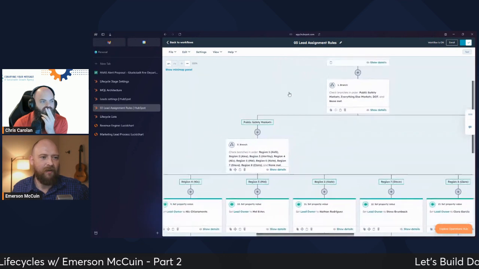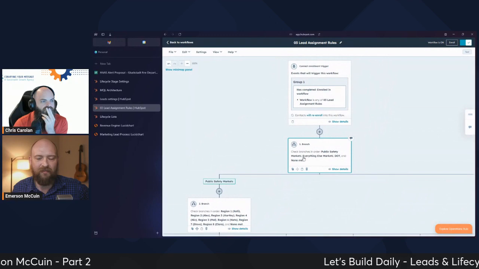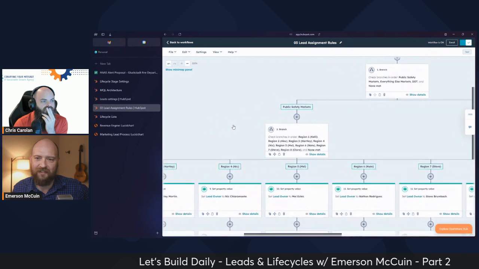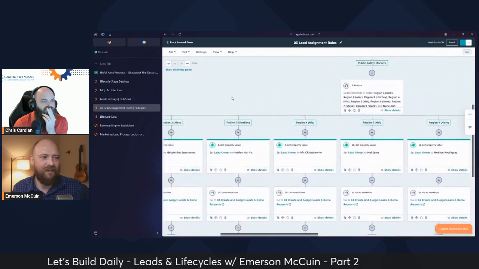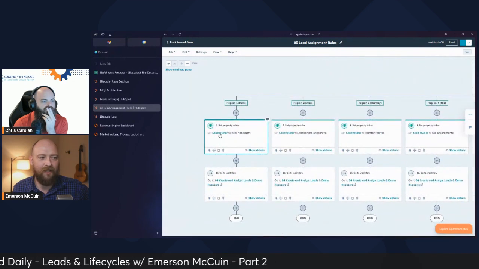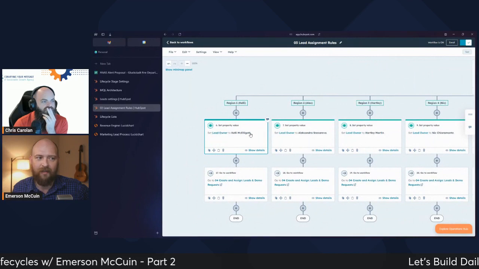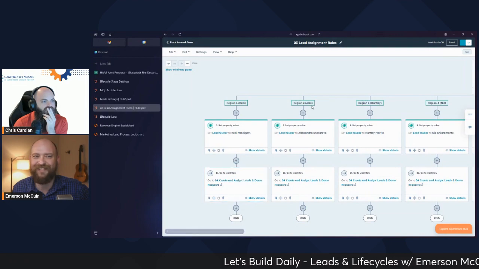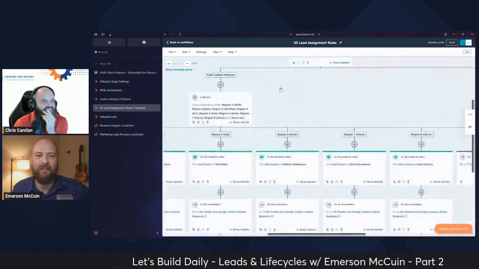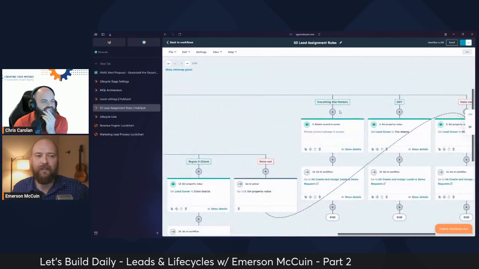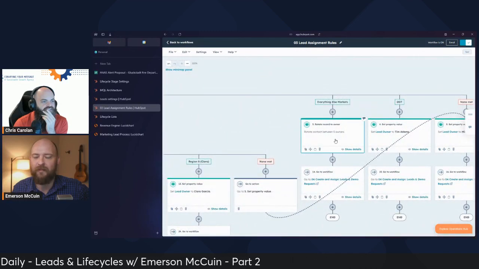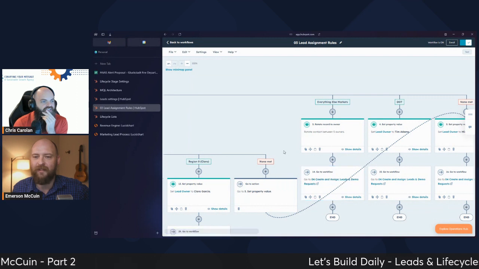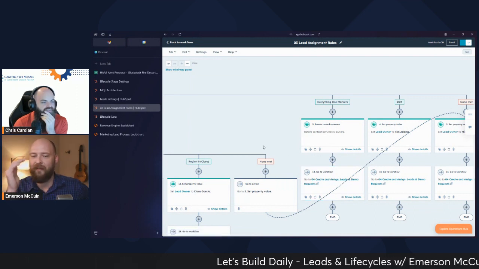And then from there, we have a couple different divisions. Our public safety is geo territories. So then it runs through and figures out what state this is in. And if it's in a particular state or region, it's going to stamp that contact lead owner property with the right person. And then it's going to go to the next workflow, right? That makes sense. And then we have one division where everything else gets round robin between 5 reps. And then everything runs to this next workflow. So this is just stamping the lead owner on the contact record.